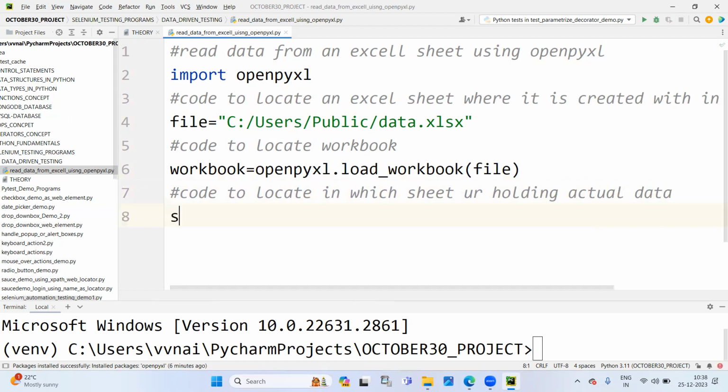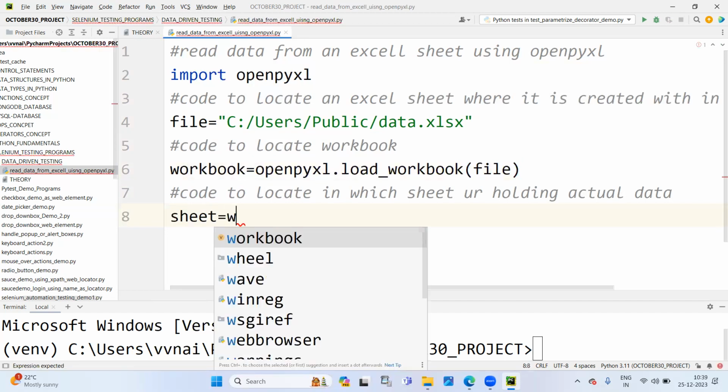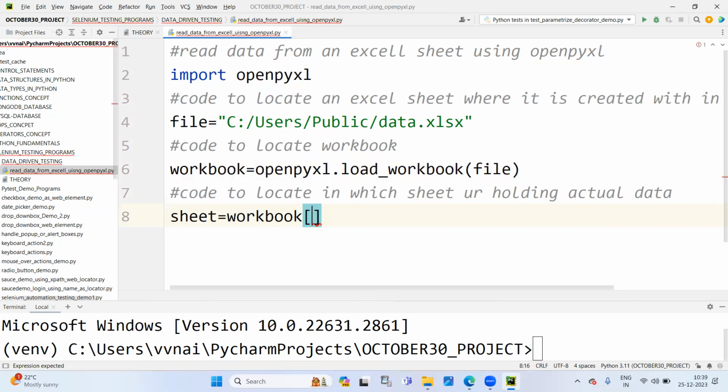Actual data. Obviously, the sheet is the reference point. Within the workbook, there is data available in Sheet1, because Sheet1 is holding the data physically. I have shown you. Next,